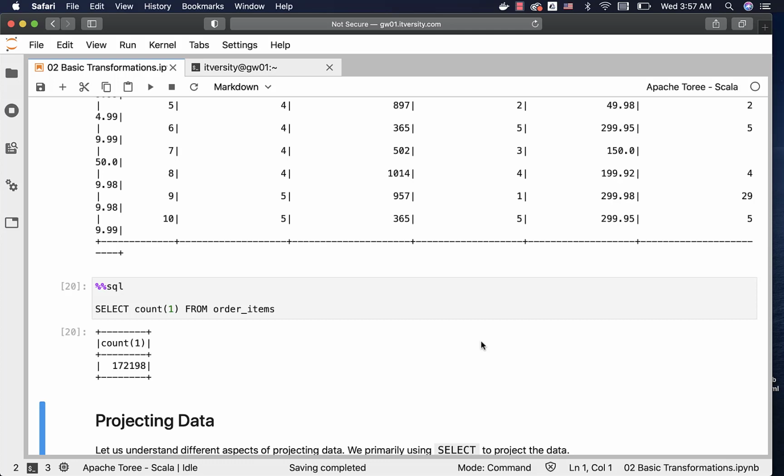Make a habit of validating after each and every step so that you know what is going on internally. It will help you to troubleshoot the issues much faster. So what we have done so far, we have just created the database after dropping it, and then we have created 2 tables, orders and order items, which are required to solve our problem statement. Now as we are done with preparing the tables, we can go further and explore all the details with respect to the basic transformations such as filtering, joining, aggregating, etc.